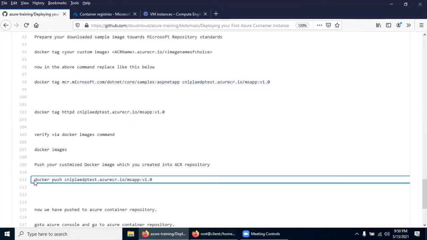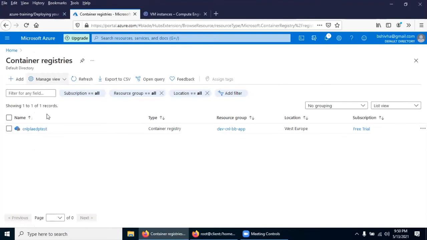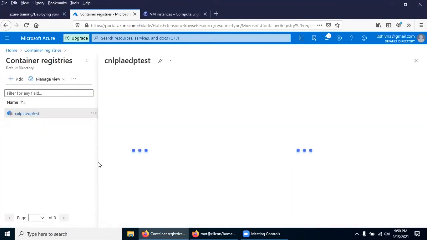So go back and push it now. Before you push, go to portal.azure.com, go to your newly created container registries, go inside.